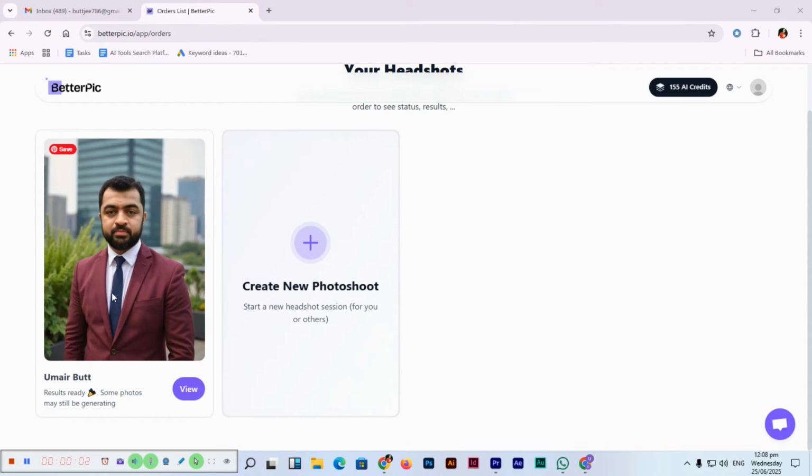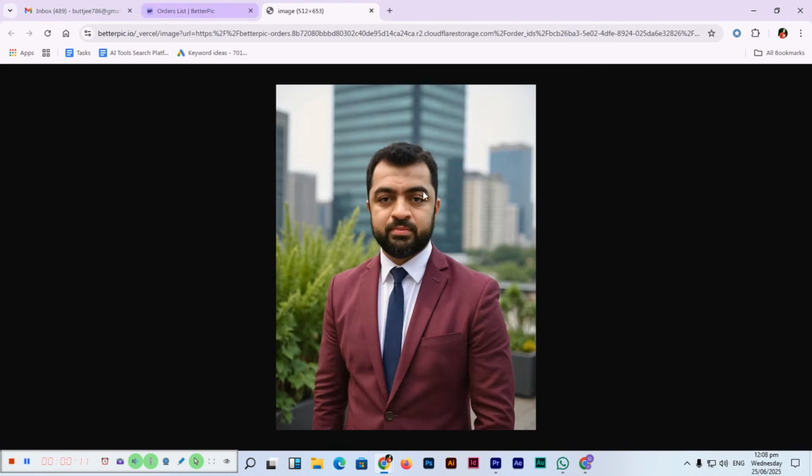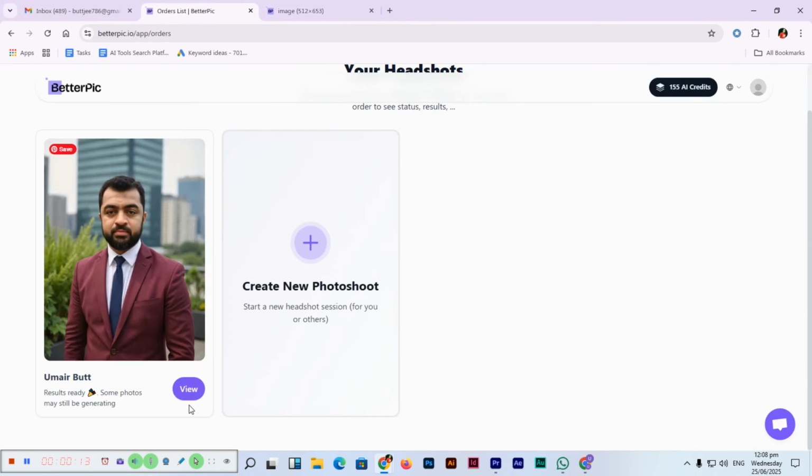Hey, so you can see the results are ready, though some photos may still be generating. It's showing here. You can see it looks amazing. See? And now if I click on the view option,